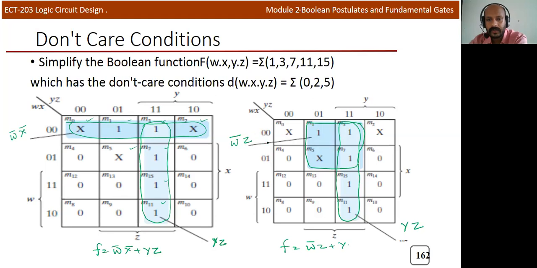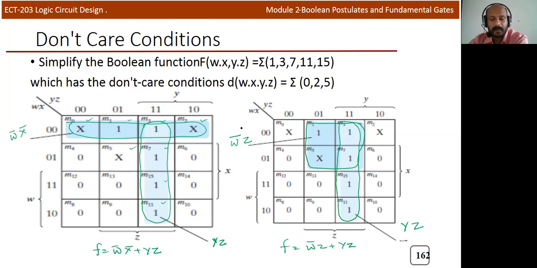Okay, here w bar is common term, here it's z. Okay, y z. Okay, this is the final simplified expression. So if you look at this particular problem, you will get two solutions. So one more idea you will get from this particular problem. So K-map will not give you a unique solution. So solutions can be different, but that will be in the minimized form. For this particular problem, actually there are two minimized expression. Two operations will give you the same result.